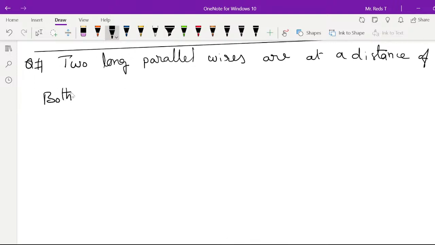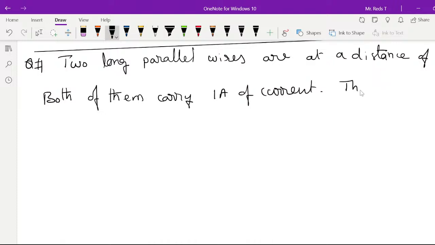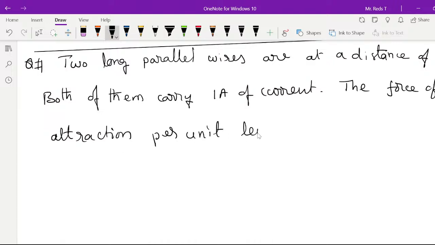Both of them carry 1 ampere of current. The force of attraction per unit length between the two wires is,